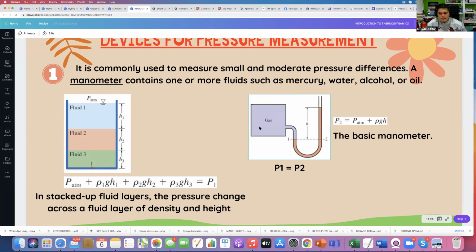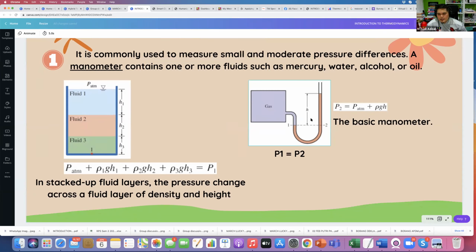particular point. So for the basic manometer, again, if you have a gas, okay, and the gas is pushing the fluid here. When the fluid is pushed up to this point, you take from 1 until 2, and then you take the height. In order to know the pressure 2, because the gas is introduced, you just need to add the atmospheric pressure plus rho g h. Because you just need to know the height of this, then you can calculate the pressure of this particular gas. Okay,